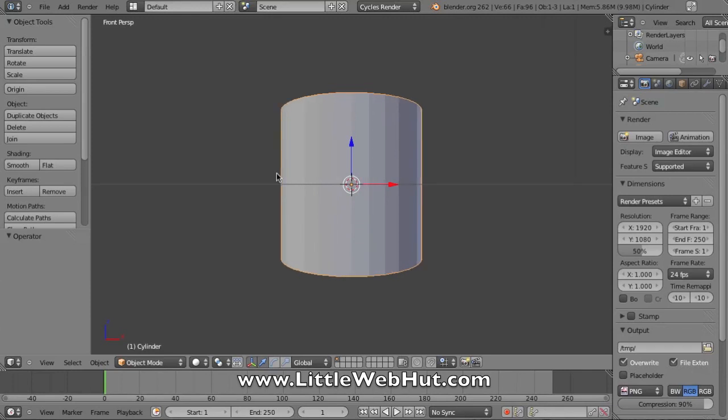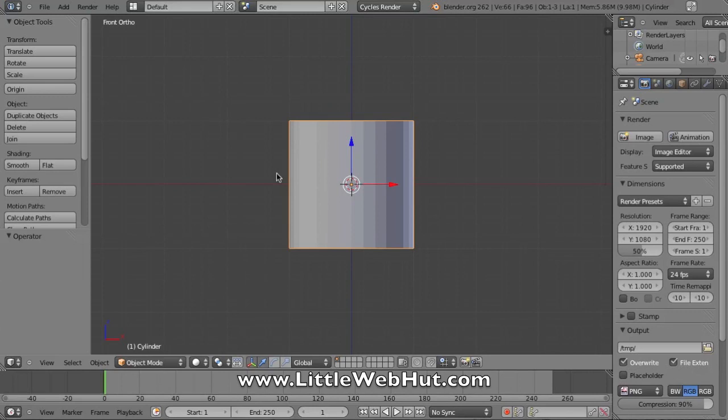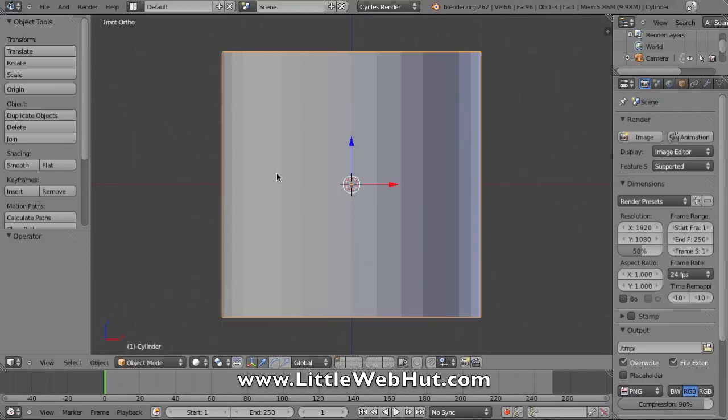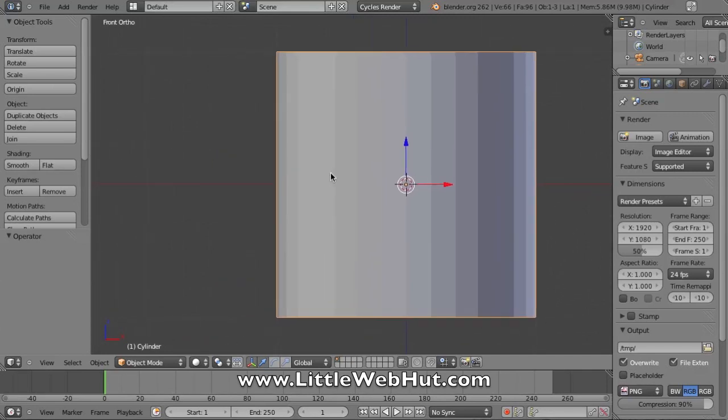I'm currently viewing this cylinder in perspective mode, but if I hit the number 5 on the number pad, then that allows me to view this in orthogonal view. I'm going to use the wheel on my mouse again and zoom this in a little bit further. And if I hold down the Shift key while I press the middle mouse button, this also lets me pan